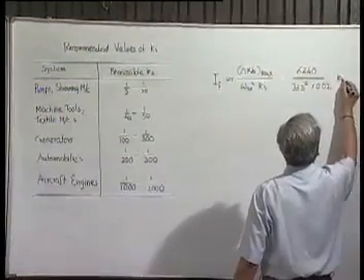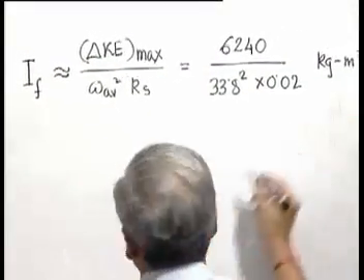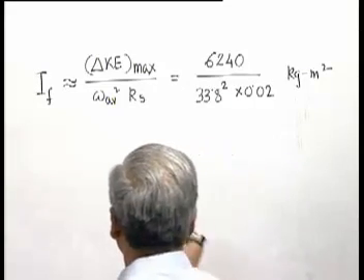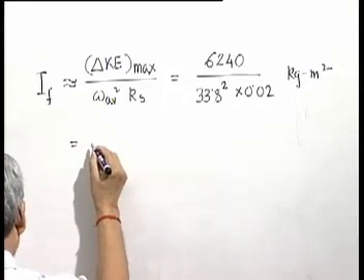What will be the unit for this? Kg meter square. If we follow SI units, everywhere we will get straight value. And finally, this is equal to